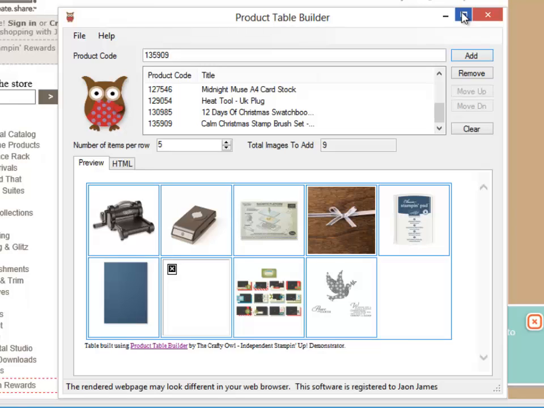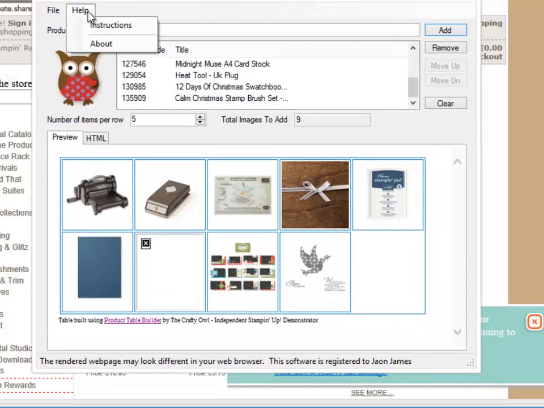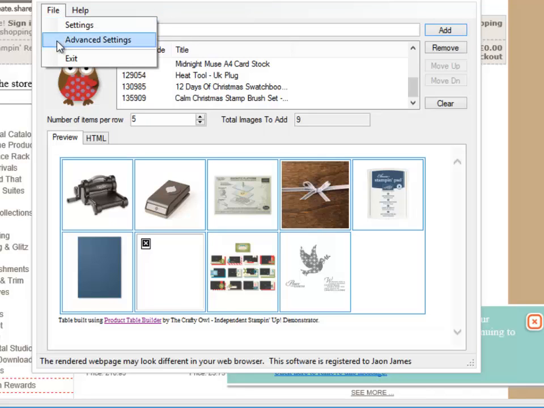It works with a large number of blog engines. In fact, I've not been able to find one that it doesn't work with, but those that it does include Blogger, as you've seen, Blogspot, WordPress, and you can even use Microsoft's Live Writer to prepare your blogs and post from there directly. The product table builder includes the instructions that I've just overviewed with you now, and some advanced settings for those people that want even more control over the configuration of